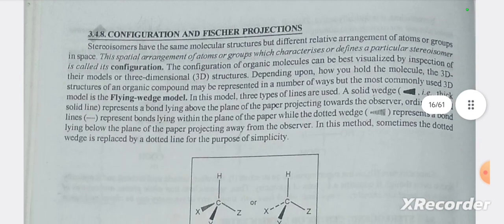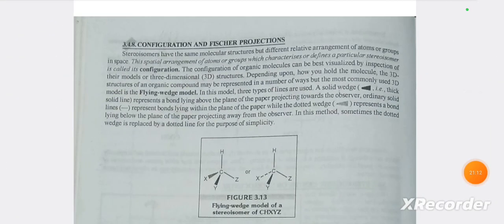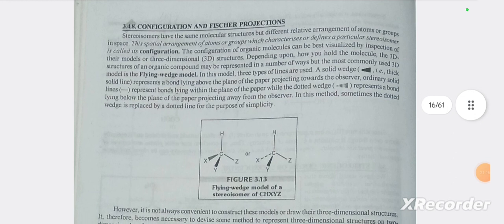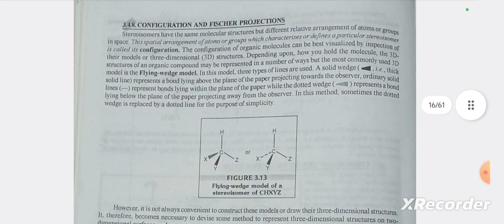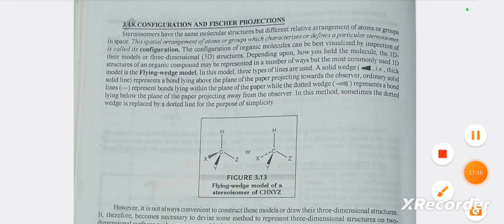Configuration and Fischer projection. Stereoisomers have the same molecular formula and structure but different relative arrangement of atoms or groups in space. This spatial arrangement of atoms or groups which characterizes or defines a particular stereoisomer is called configuration, and the configuration of organic molecules can be visualized by inspection of their